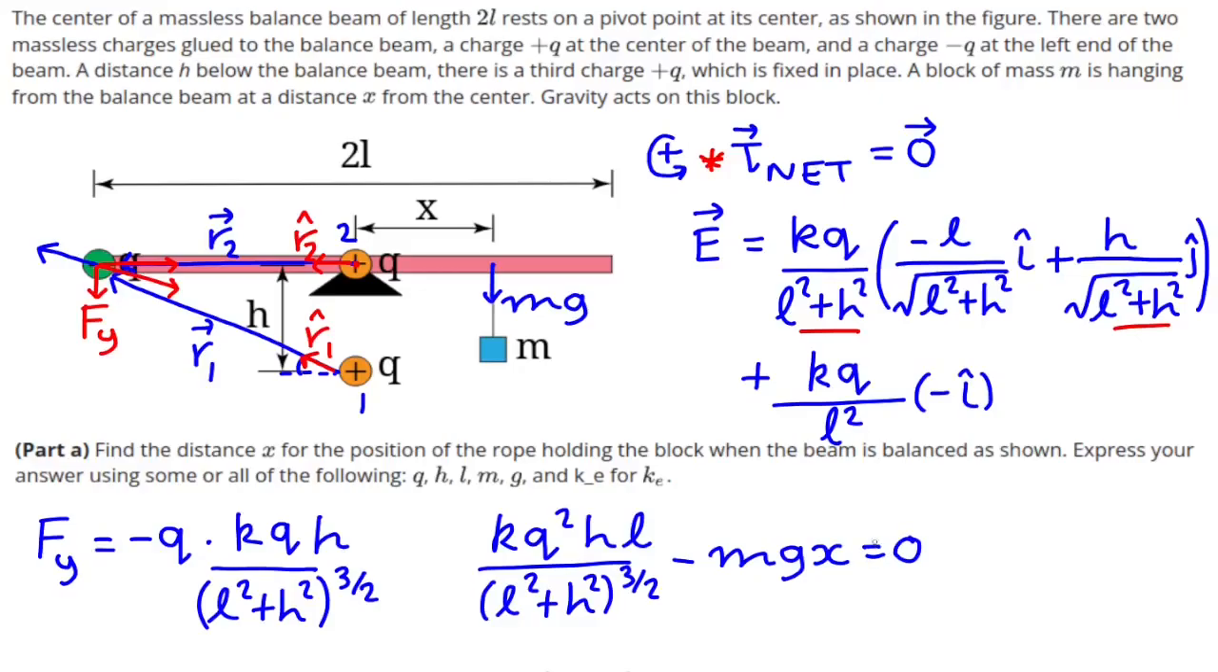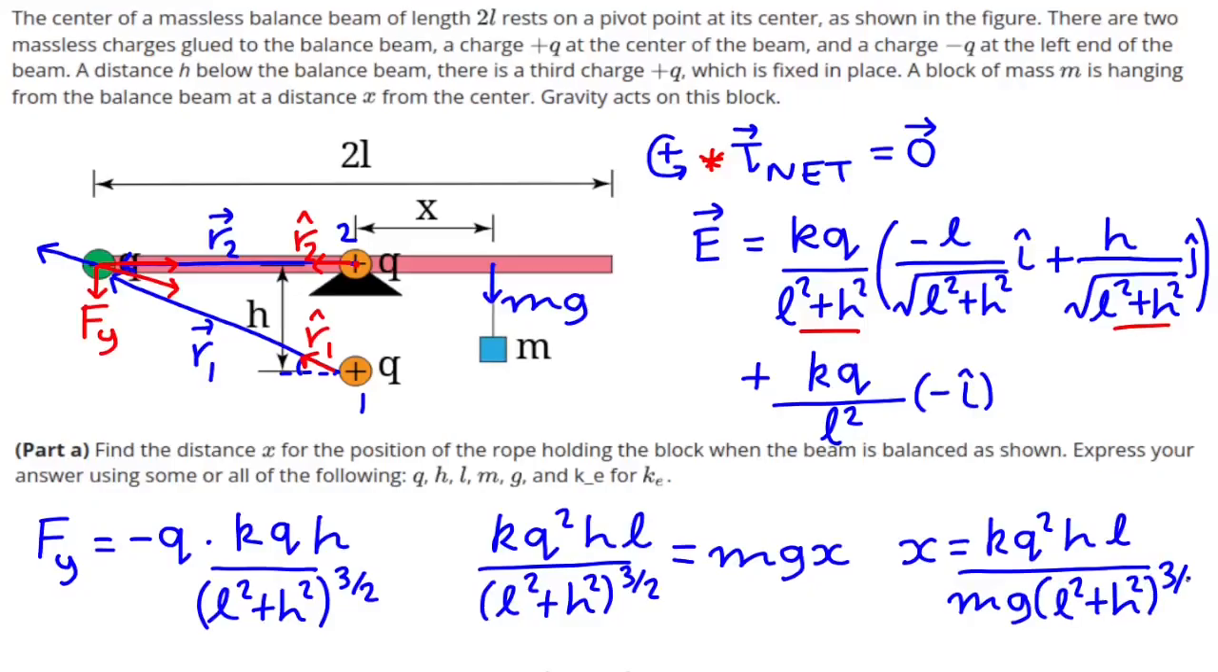So therefore we can take mgx to the right hand side and solve for x. That would be kQ squared hL over mg times L squared plus h squared to the 3 on 2. So that's where the mass needs to be placed for this beam to be balanced. And now we'll go to part B,